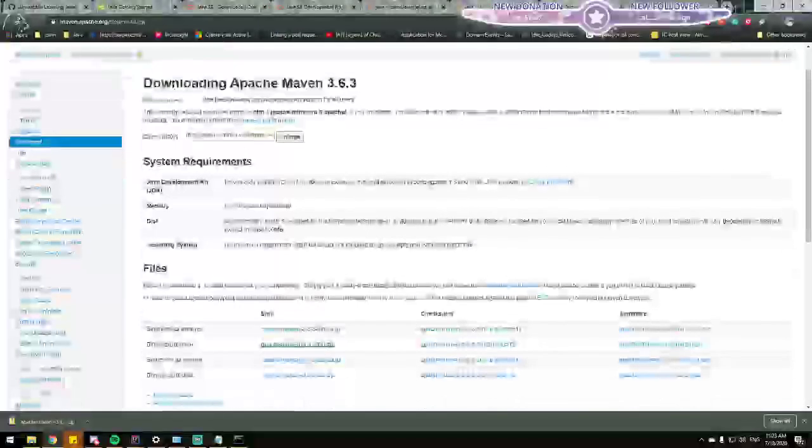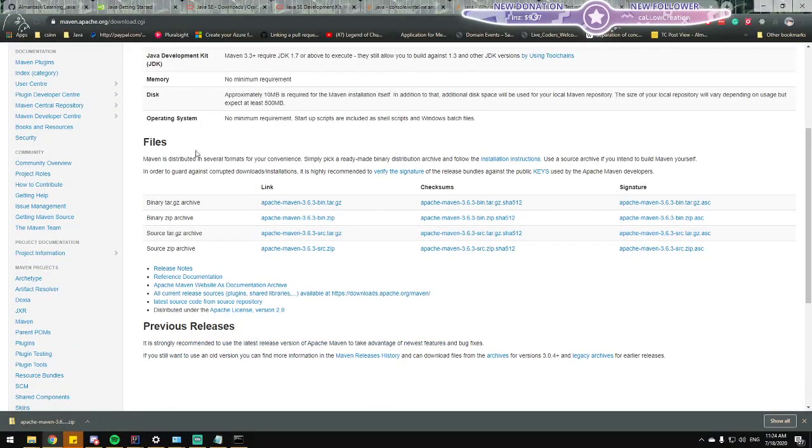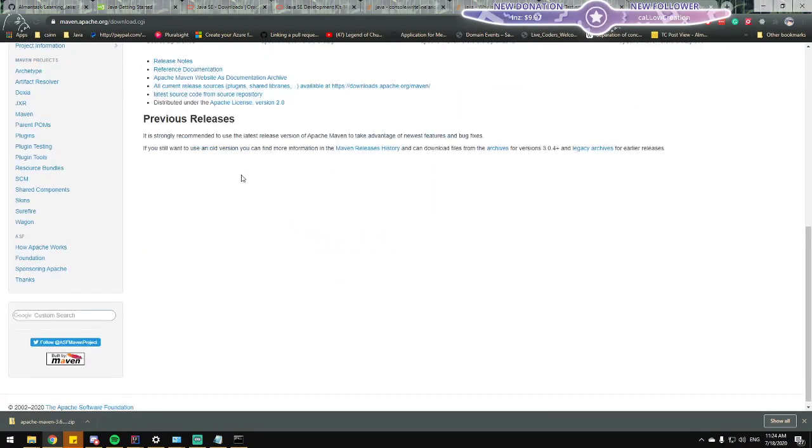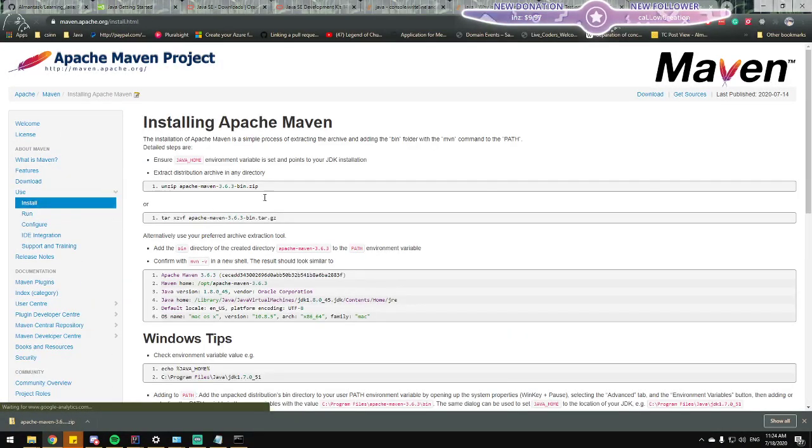Now I was reading about Maven. Somewhere here. So I do have JDK properly set up. What do I need now? What is Maven? Use. Install.